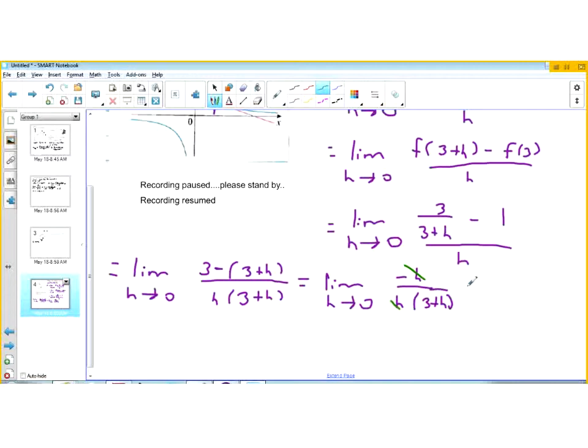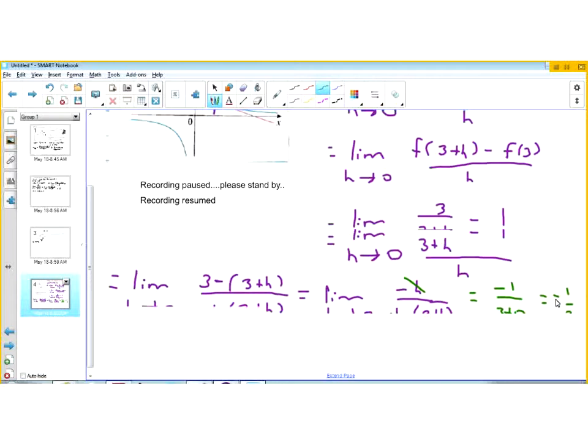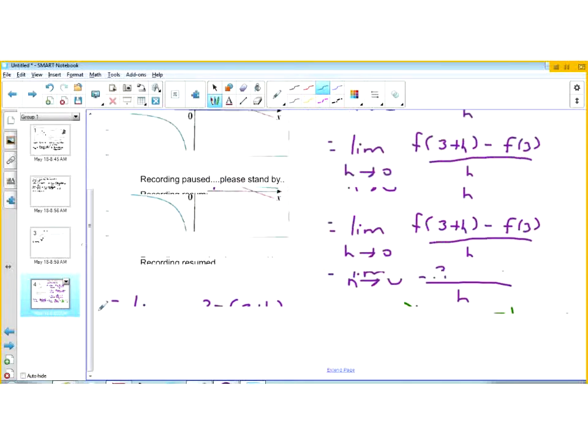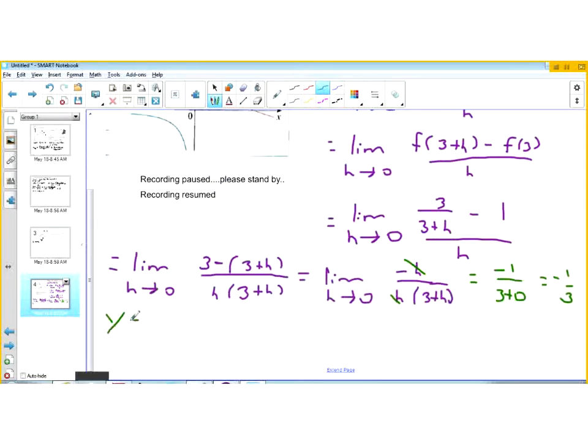So cancel the h's, and then we can use direct substitution, because now 0 is in the domain of the remaining rational function, and that's equal to negative 1/3. So that's the slope of the tangent line, and so we wire that in. So the equation of the tangent line becomes, using point slope,